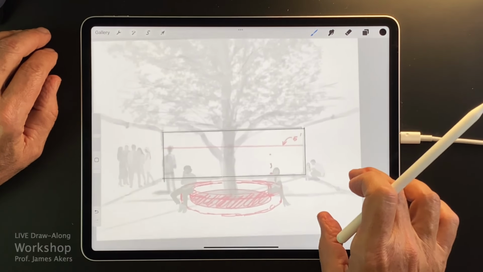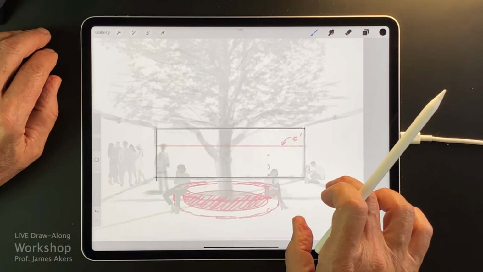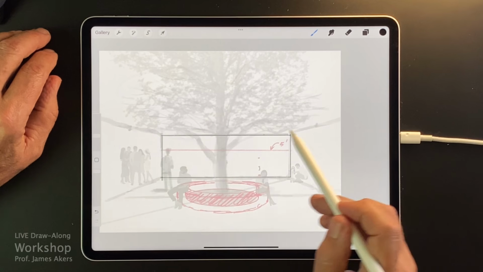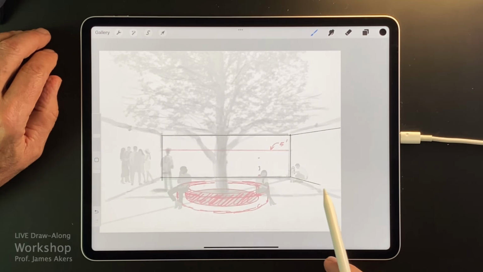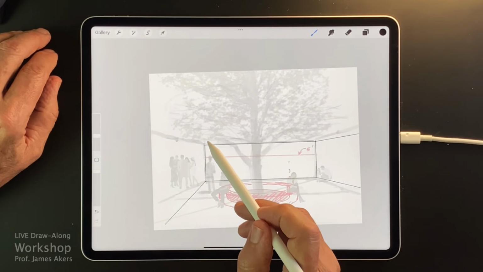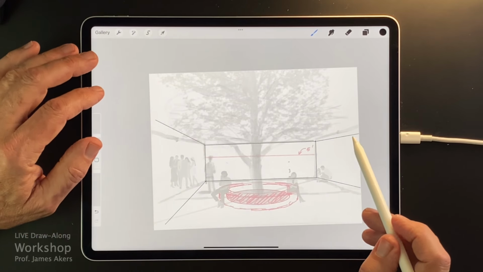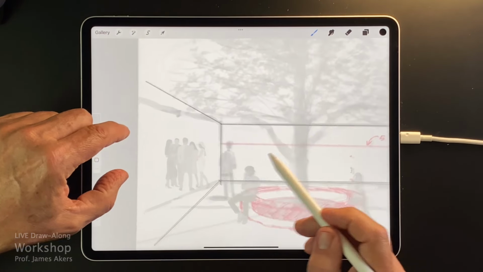And remember that Drawing Assist allows you to keep doing verticals and horizontals, but will also allow you to do these perspectival lines. And here we go with the first of those, and you can see how flat those became because we're more oriented towards this side of the walkway,